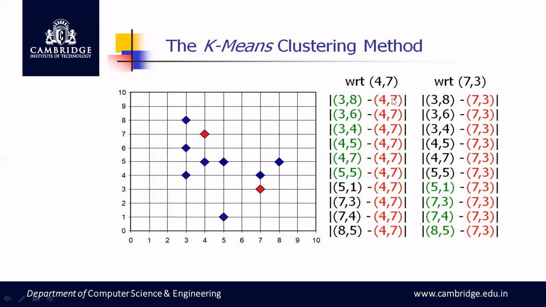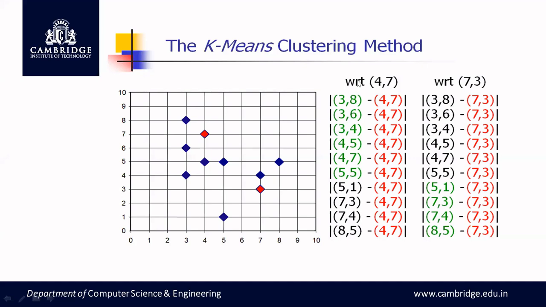So when I check the data point 3, 8, which has the least or minimum square error? So centroid 1 has minimum square error, right? Why is it minimum? Because the value is roughly around 1.4, whereas here the value is roughly around 9. So by this what we can see is the data point 3, 8 belongs to cluster 1 with the centroid value 4,7, right?